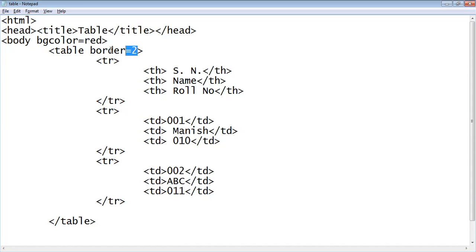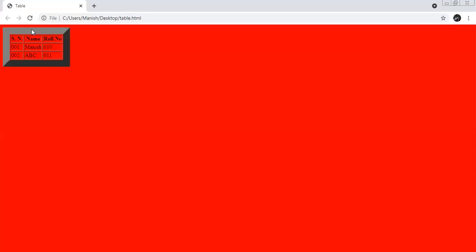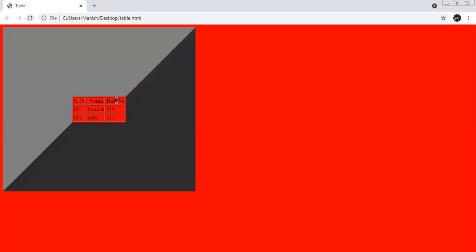Okay, now this one is the table border. जो भी आप साइज देना चाहेंगे वो साइज आएगा. Like as if I want to give 20 and save this program. Now I want to share the screen to all of you. Refresh that. So this one is the table border. जितनी थिकनेस देना चाहेंगे उतनी थिकनेस आपकी बढ़ती चली जाएगी. आप 200 दे दें और 200 देने के बाद देखें. So this one is the thickness of your table, just like a 3D diagram.